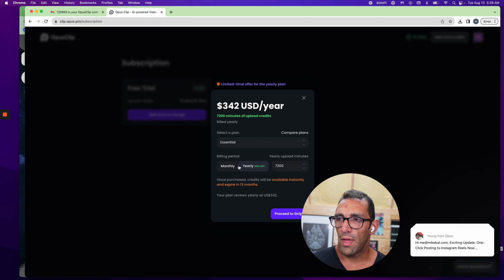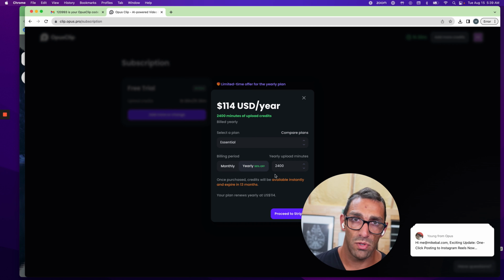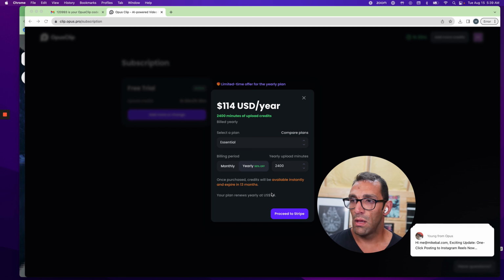And I don't know if that math actually works out. I don't know if they're just multiplying by 12. When I switch, it says 50% off. So yeah, if I took 200 times 12, it's there, but it's saying 50% off the price. So these disconnected elements are going to cause confusion when somebody's trying to decide if they want to pay for it or not. Maybe these users won't care. You have 13 months to use them. Your plan renews yearly at this much money. That's fine. Okay. Yeah, this in terms of actually driving conversion, which we weren't going to do for onboarding, but